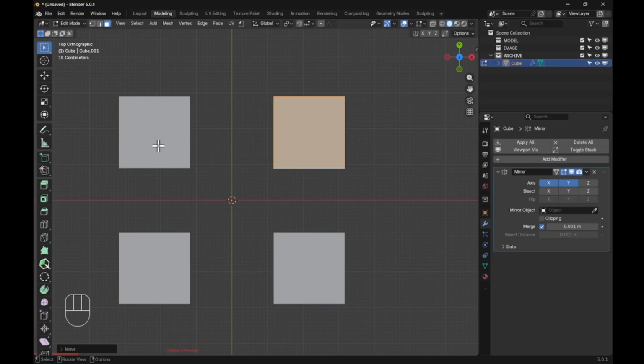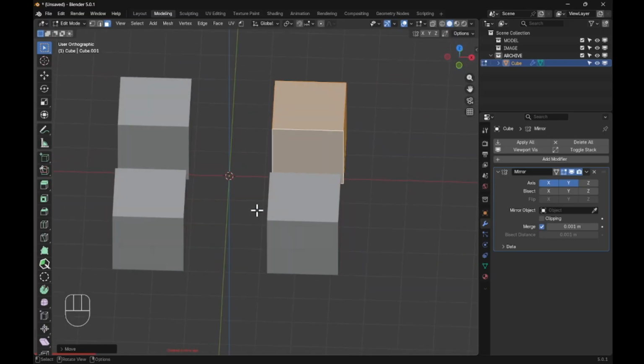Now it's going to mirror not only on the x-axis but on the y-axis too. It's a little bit confusing because it's the distance along the y-axis, but the x-axis is in the center. But just think of it as the distance along the y-axis here and the distance along the x-axis here. And again, if I wanted to mirror on the